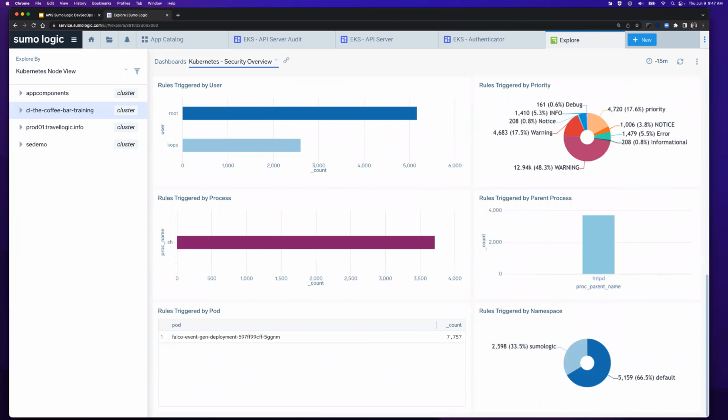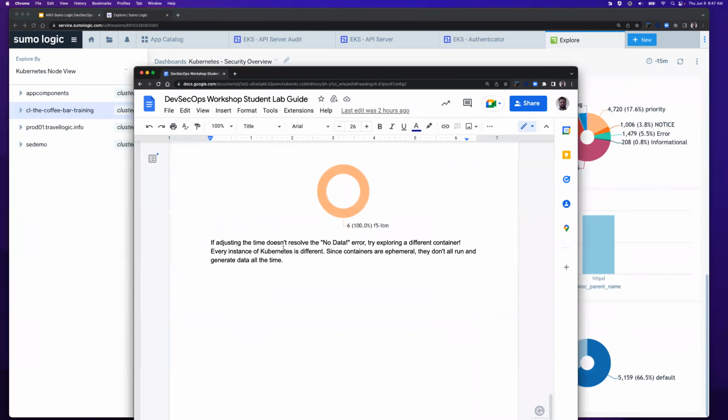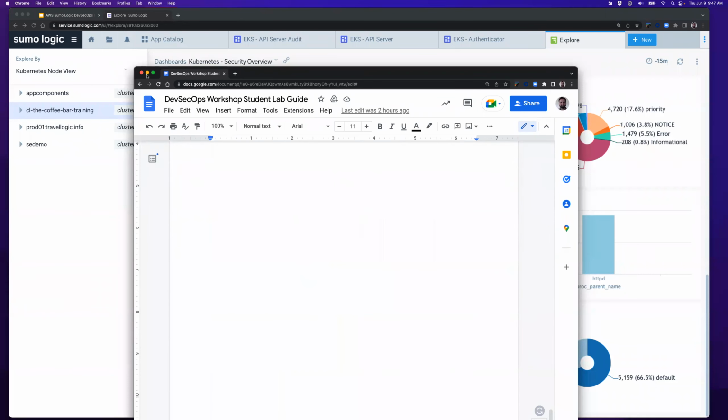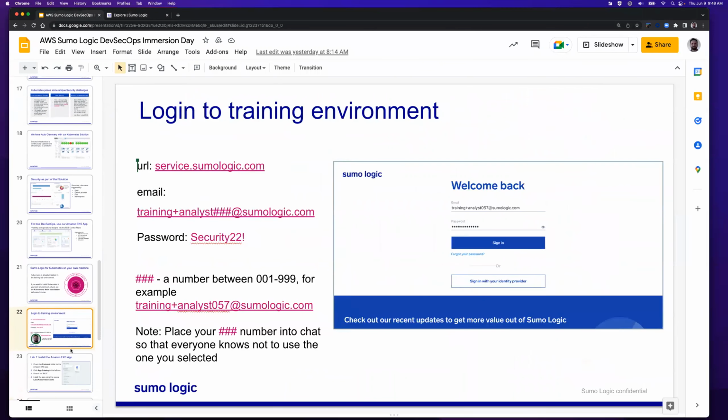All right, so let's start to wrap things up. Actually, I'm going to give you a little bit of bonus time back today. But as it says, just with the lab guide, just the last couple of things, and I should have pointed that out first. If it has no data, go ahead and try a different container, a different time period. Once again, this is a training environment. The data is ephemeral. It just might not be there for a moment, but it should pop back up pretty quickly. All right, let me go back to my slide deck.